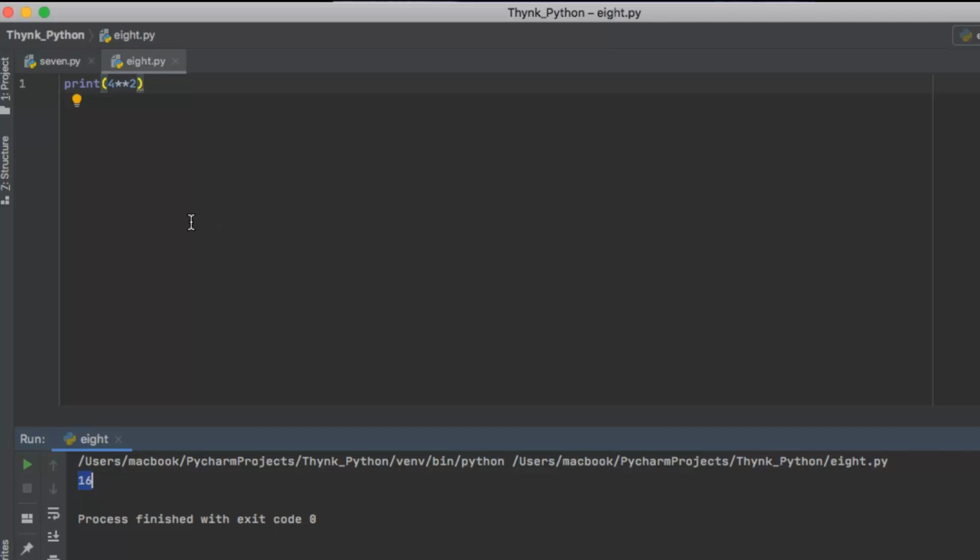Another operator is not the basic mathematics, but this is a kind of shortcut that we use in Python, and it is known as the augmented assignment operator. So I'll tell you what is this augmented assignment operator. I'll delete this statement for a while. So I'll delete this, right?